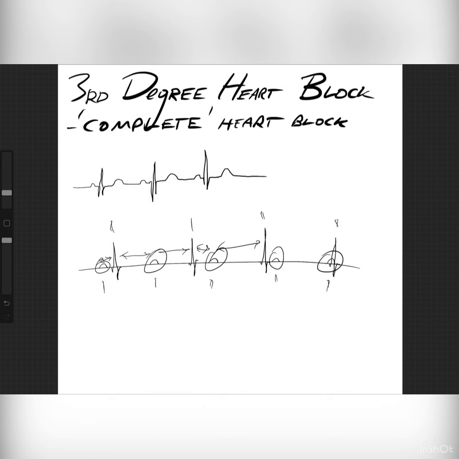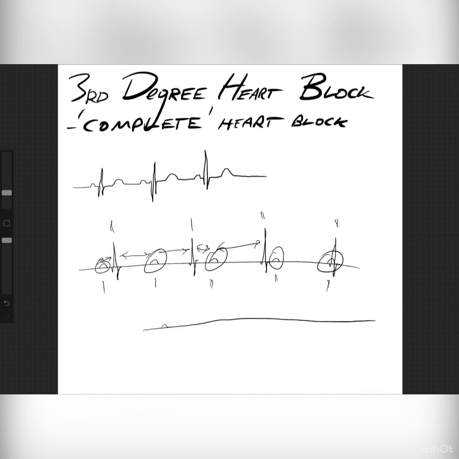And this is a very dangerous rhythm because the escape rhythm of the ventricles is not reliable, and the patient can just go into ventricular standstill. They can just completely stop having ventricular contractions, and this can cause sudden cardiac death. So any patient with complete heart block needs a pacemaker urgently. So they need to be immediately admitted and have the pacemaker ideally within a few days, or if symptomatic, even